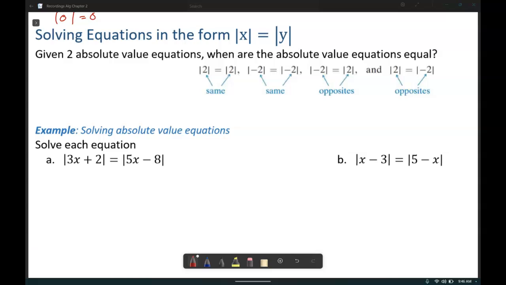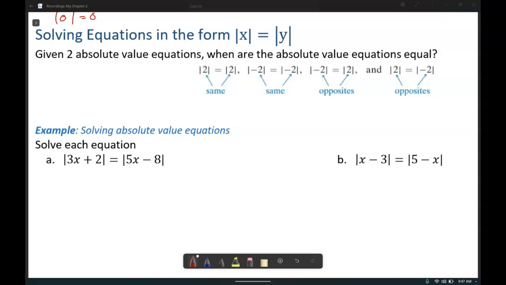Let's continue by taking a look at absolute value in the equation set in the form of the absolute value of x equals the absolute value of y. Given two absolute value equations, when are the absolute value equations equal? This is an important thing to consider. And this allows us a setup for how we can solve when there are absolute values on either side